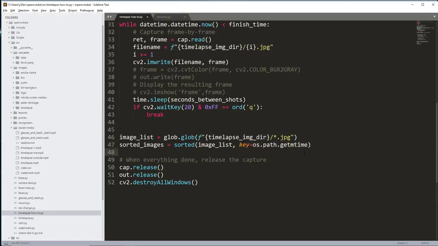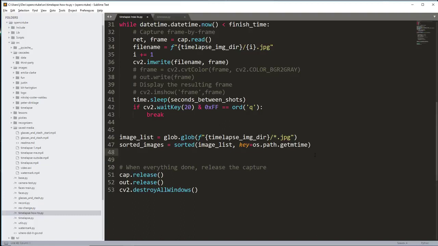So get the modified time, which in our case, the modified time and the create time are the exact same. So that part doesn't exactly matter. Now, of course, if you were to go in and actually manually change some of these images, it might kind of mess with this a little bit. But what I'm doing just won't matter, because I actually won't have that as a possibility, as you'll see